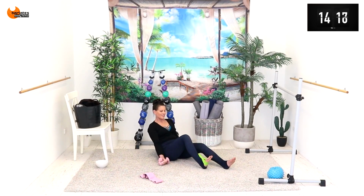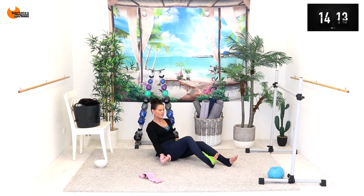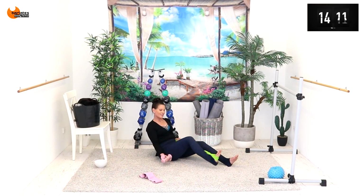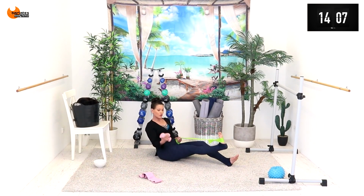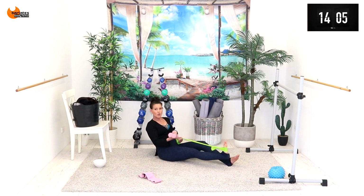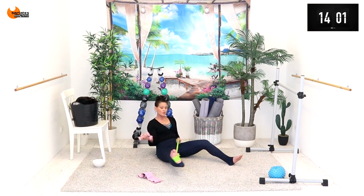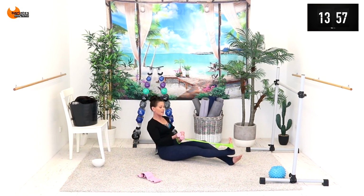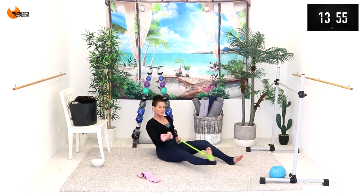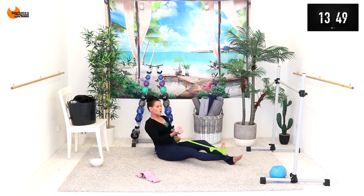6, 5, 4, 3, 2, 1. Now we're going to keep our arm by our side. We're going to go out with the leg and arm at the same time. So come out to the side and then in. You're hovering that leg the entire time. You're coming out as far as you can rotate, pinning your elbow to your waist